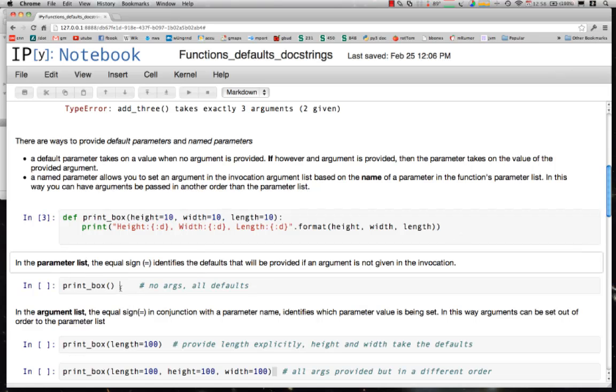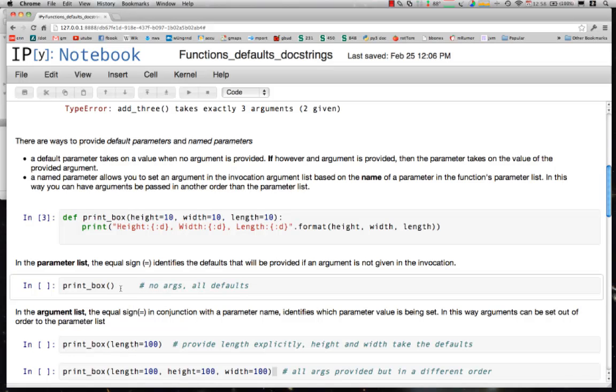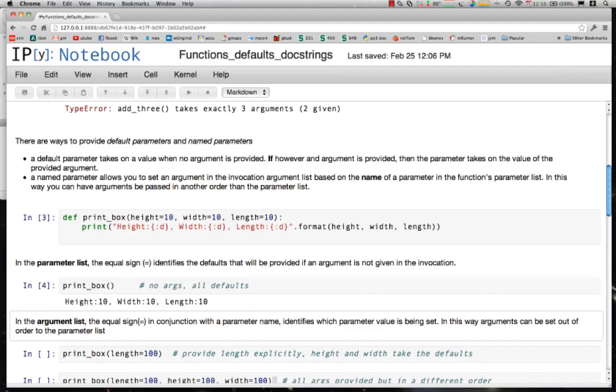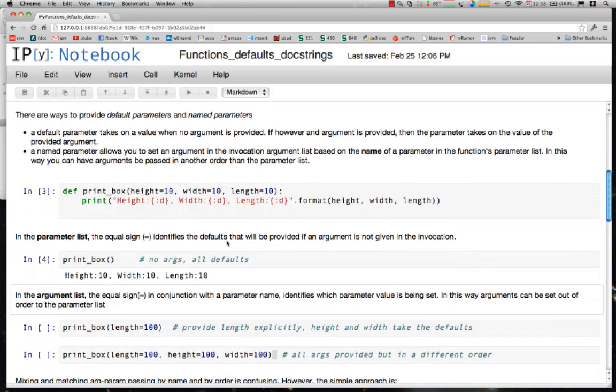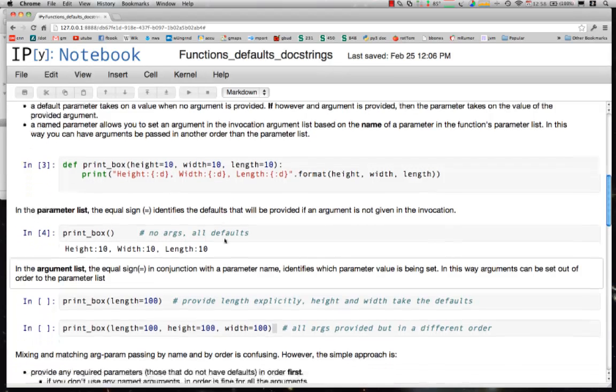Here is the print box function called with no arguments. We'll take all the defaults, and we do indeed get height, width, and length set. No complaints. They take on their default values. The equal sign in the parameter list then indicates the default. In the calling